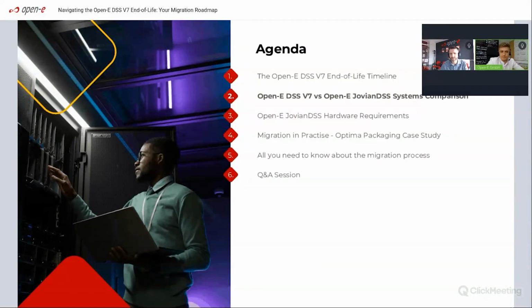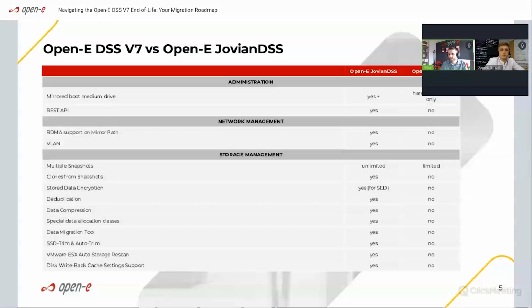Okay, thank you, Patryk, for this nice introduction. So, as Patryk mentioned, my job in the first part of the presentation will be to provide you with a comparison between Open-E DSS V7 and Open-E JovianDSS. As you can see in the slide, there are a plethora of features which are available in Open-E JovianDSS,